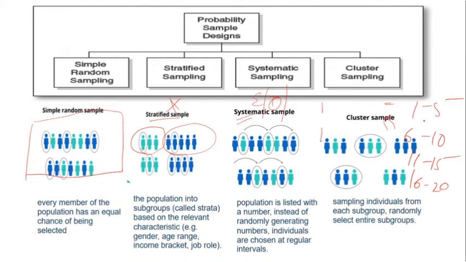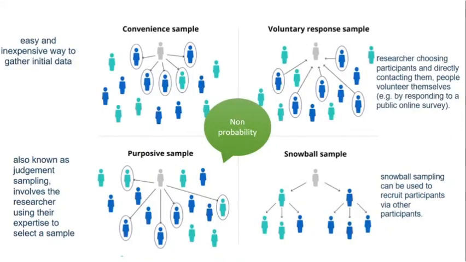So like that, if I am picking from each stratum, then it will be called stratified. I hope it is very clear and very simple. Don't complicate it. Okay. Now under non-probability sampling, which gets divided into what? Convenience sampling. It is something which is as per the convenience of the researcher, which is completely easy, inexpensive